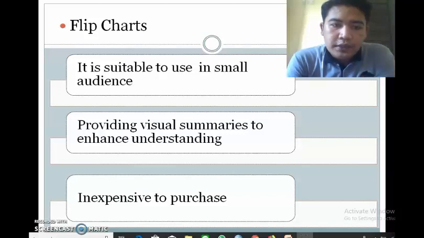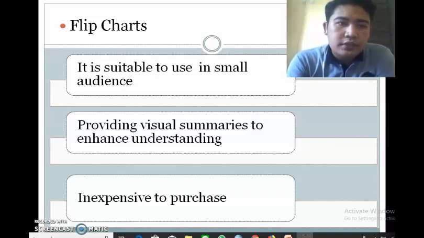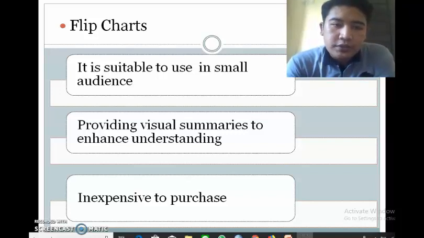But when the presenter use it in the large room or huge amount of audience, the audience that sit in the back side of the room will hard to see the flip chart. So the flip chart is just suitable to use in the small room that contain a small amount of audience,